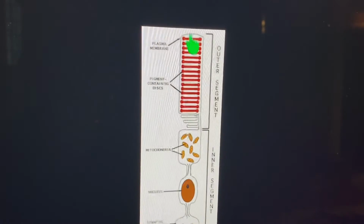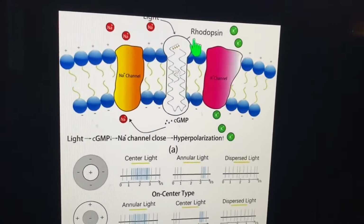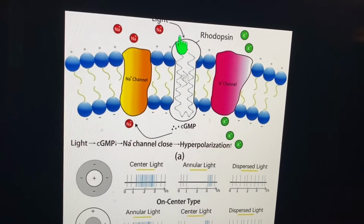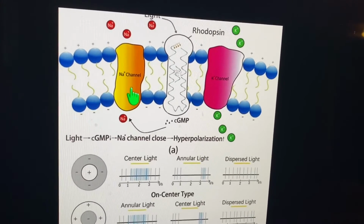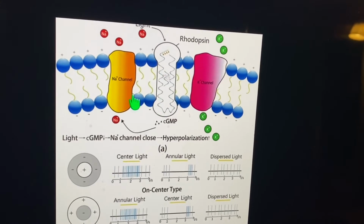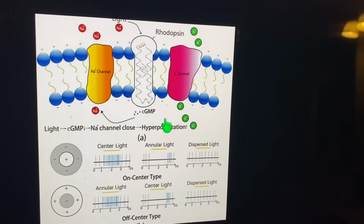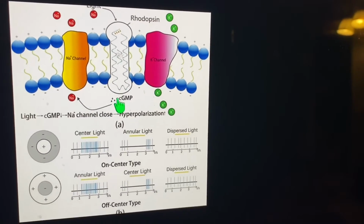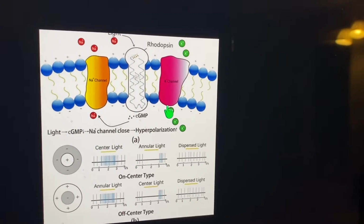But what's cool about them is they have cell membranes, plasma membranes, and embedded in those plasma membranes are various proteins, as you know. But these proteins are light sensitive. Light causes them to pump chemicals through the cell membrane. And of course, if you pump enough chemicals through the cell membrane, you might actually cause what's an action potential, or a charge. And this is how nerve cells send signals, by actually creating an electric charge by pumping chemicals through active transport